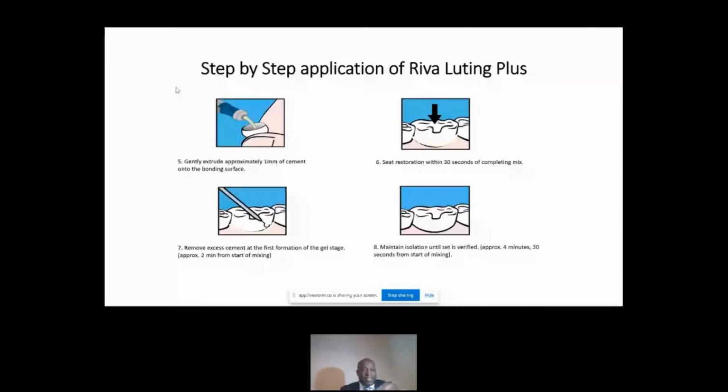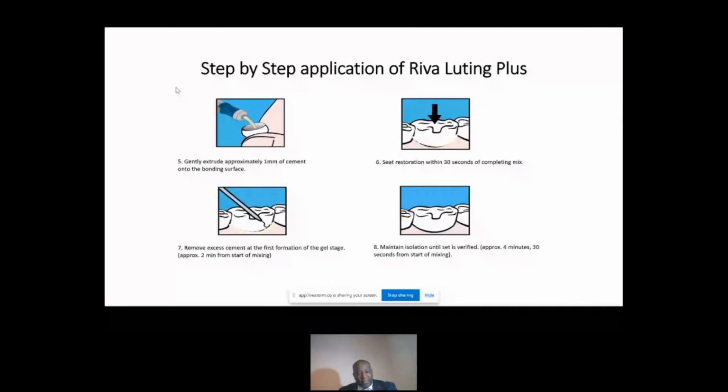So once you've mixed it, there is an applicator that you use, and then you need to gently extrude the material, approximately 1 millimeter of cement, onto the bonding surface. Then seat the restoration within 30 seconds. This is a fast setting reaction. But once you've seated the restoration,